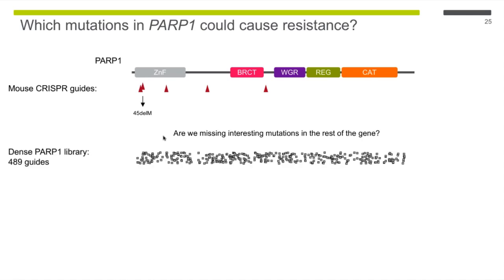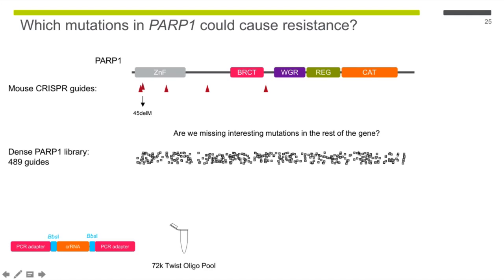So I designed this dense PARP1 library, which basically is just every possible guide that you can design across PARP1. Many of these may not be the best guides or the most active guides, but I was going really for the best possible coverage we could get of the PARP1 gene using CRISPR. This is where the Twist oligo pools really came in handy, because in the lab we're making a lot of CRISPR libraries now, and using these oligo pools, you can easily synthesize